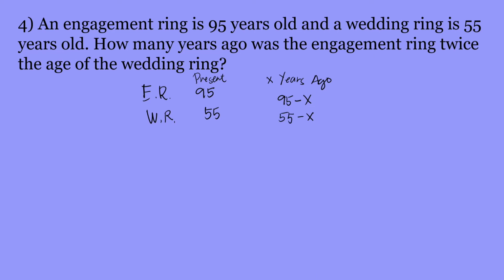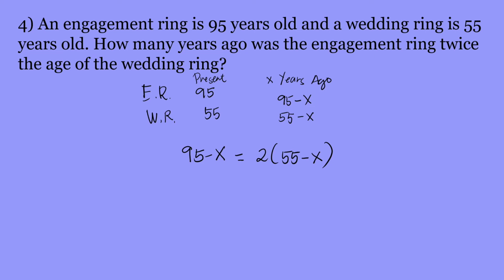Now we can see in the second sentence that the engagement ring is twice the age of the wedding ring. So this is the age of the engagement ring. So that's 95 minus X, which is twice the age of the wedding ring, twice of 55 minus X. So there's only one variable here. And then we can solve for this